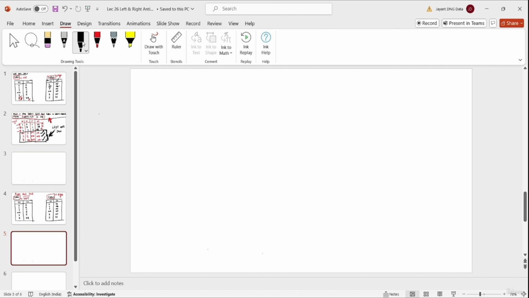In order to understand the right anti-join, first of all, we will write the statement as if we are writing it for a right outer join, and then we will apply a where condition so that we get the desired output for the right anti-join.